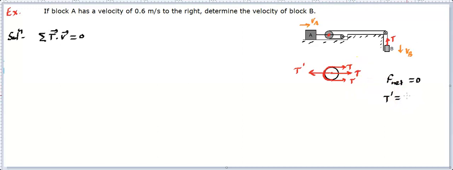In fact, as we have talked about, they are massless, so there will be no gravitational force. So the point is, these are the only forces acting. And if these are the only forces acting, they must add up to 0. So right hand forces must be equal to left hand forces. So T dash comes out to be 3T. That means this string is going to experience a 3T tension.